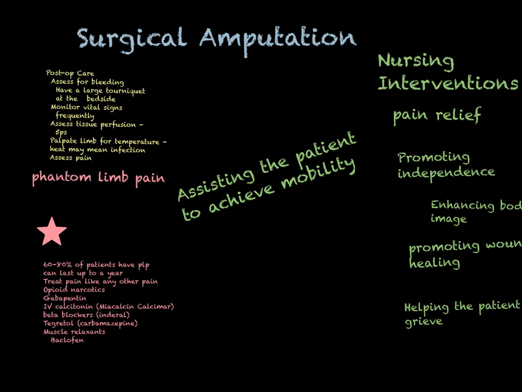The other thing that you're going to do to help the patient achieve mobility, let's say, we talk a lot about hospital care, but some of you might end up working, say, at St. Lawrence Rehab, and you might see these patients on a long-term basis. We talked a little bit about prosthesis. As soon as that limb is healed and it's been shaped to the extent where you no longer have any edema, they start fitting the person for a prosthetic device.